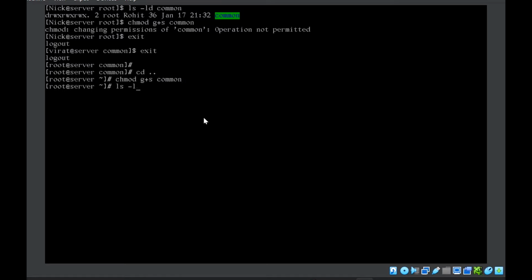If I long list the permissions again, there's one change that you will notice now. Here it is read write S rather than X. This S means that the SGID bit is set on the directory common. Now, whosoever creates a file here, let's suppose root does it with R2,